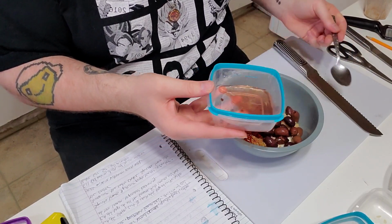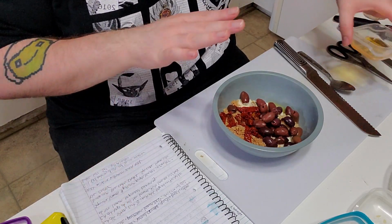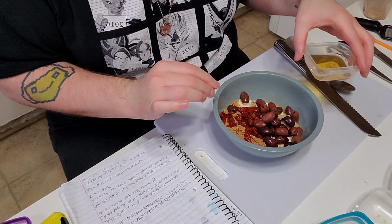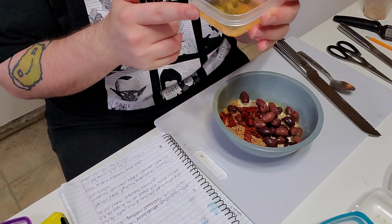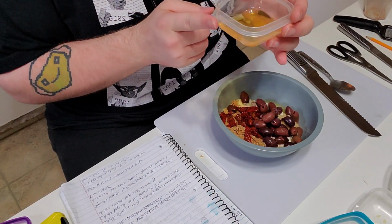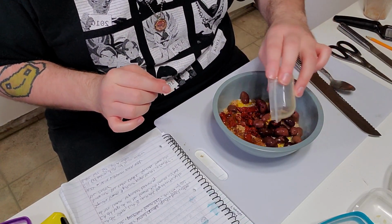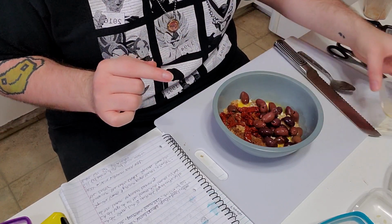And then the jar that the roasted tomatoes came in is packed in olive oil with some other yummy stuff. So I'm taking 2 tablespoons of oil that I need from there and pouring that in there as well. And then